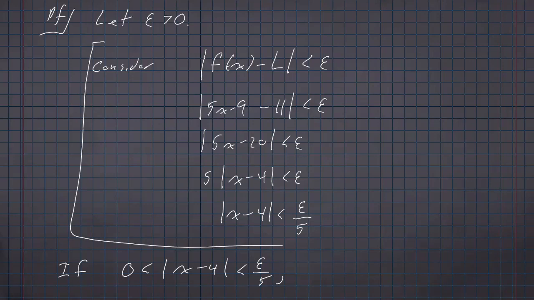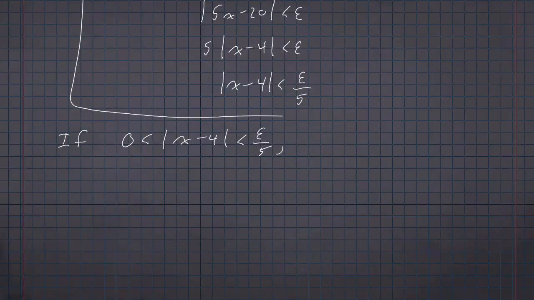Because that's what the definition of limit tells us we are looking for. We're looking for x bounded by this three-piece absolute value inequality: 0 is less than |x - c| is less than delta. I know what c is. I know what delta is in terms of epsilon. So whenever 0 is less than the absolute value of x minus 4, less than epsilon over 5,